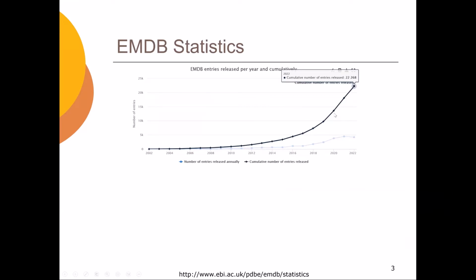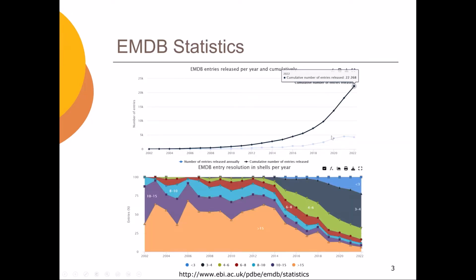As you know, the number of cryo-EM maps determined and deposited in EMDB is increasing very rapidly. This statistic is from about a week ago. We now have 22,000 maps in EMDB. Another thing we wanted to pay attention to is the resolution achieved in each year. When we started to work on cryo-EM, around 2016 and 17-ish, as you see,